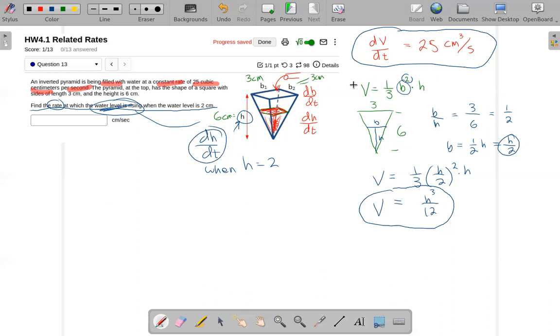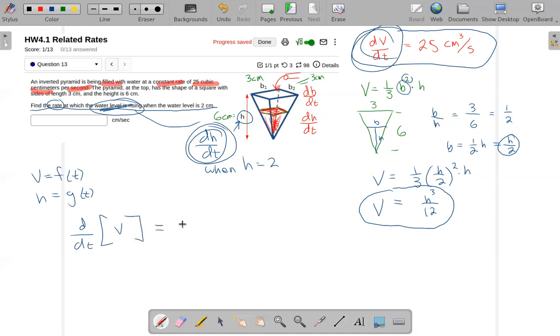Next, I want another formula that relates the change in volume to the change in height. So that's where implicit differentiation comes in. The new twist here is we're differentiating with respect to time, right? So volume is a function of time and height is some other function of time. And according to the chain rule, whenever I see a function within a function, like h is a function that's being cubed, I have to use the chain rule there. So if we want to find the derivative with respect to time, we're going to implicitly